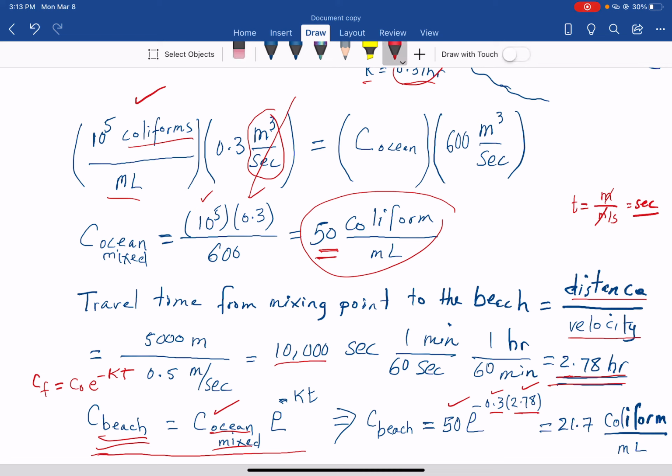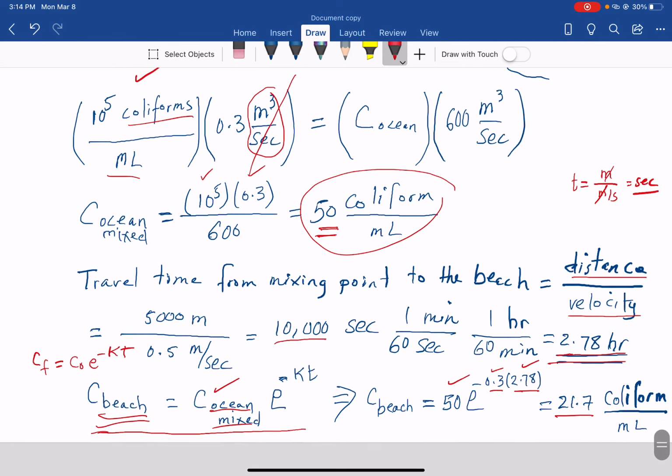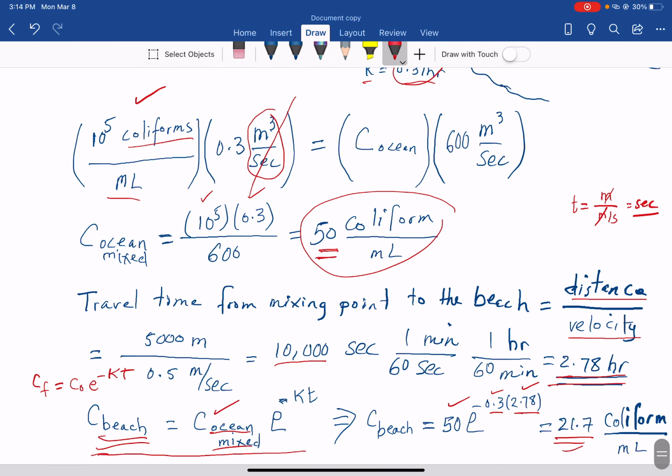Which means that the concentration of coliform is about 22 coliform per milliliter, and this is way less than the 88, and also less than the 3 sample average over 60 days. So whatever values you are getting, they should be less than this, and you could allow the people to swim in the